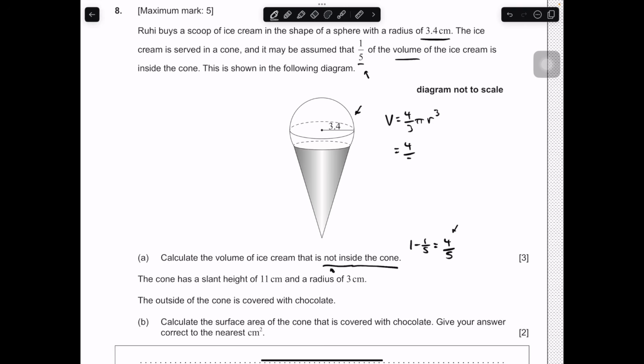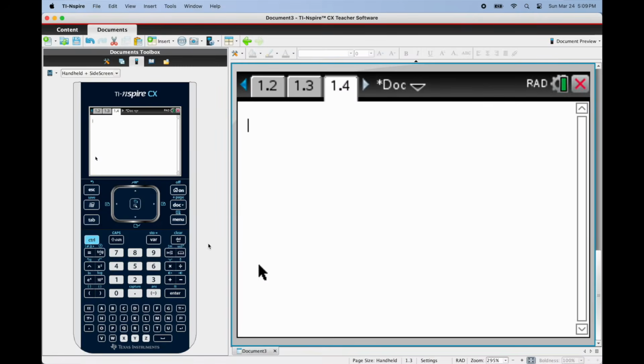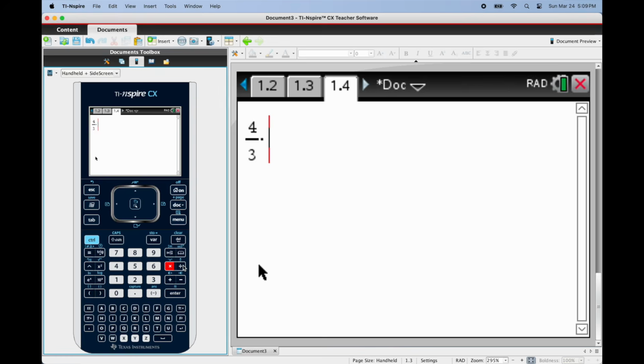So volume of a sphere is given by 4/3 pi r cubed. So 4/3 pi, and then our radius of 3.4, and then we want to cube that value. Just be careful with your order of operations as you work this out. Be mindful of your brackets. We're cubing the radius and the radius only. So let's go to the calculator and work this out. So 4/3 times pi